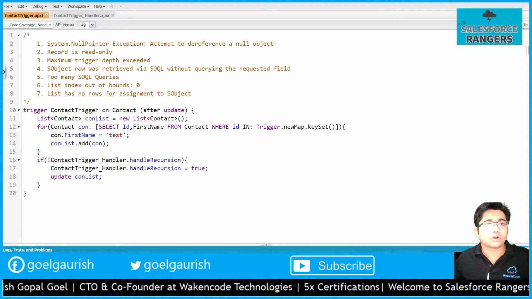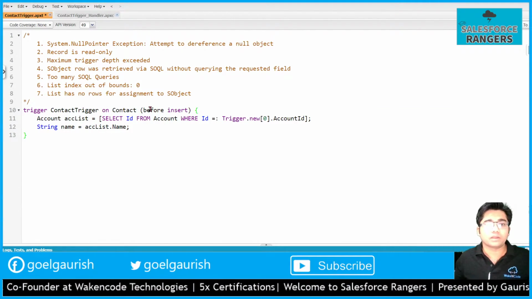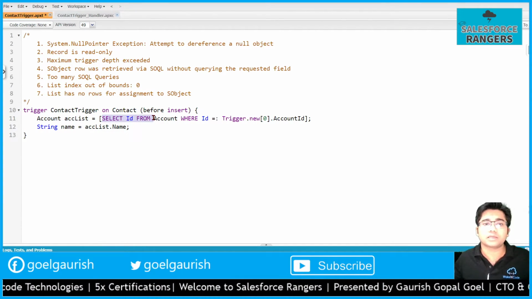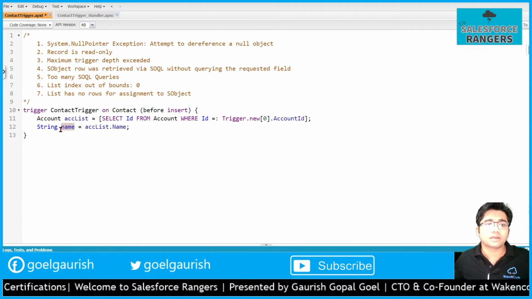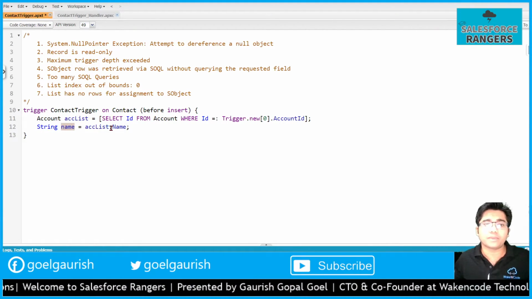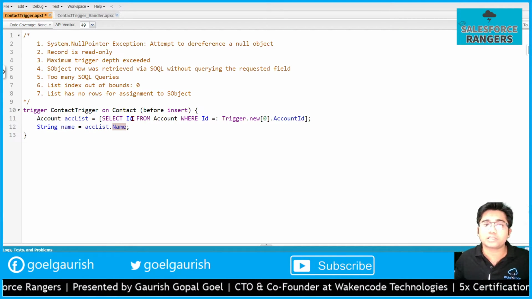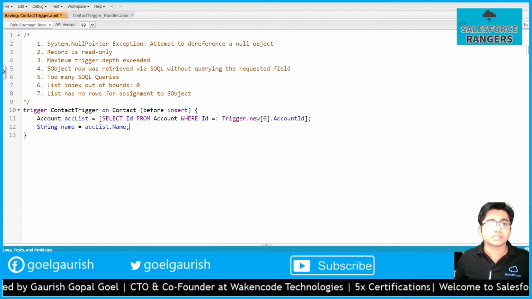So in order to replicate this, I will just update my trigger. Event is before insert. Now I am querying the account of my contact, and I am referring to the account's name, but the name field is not there in the query. So let's save it and see how the error appears.